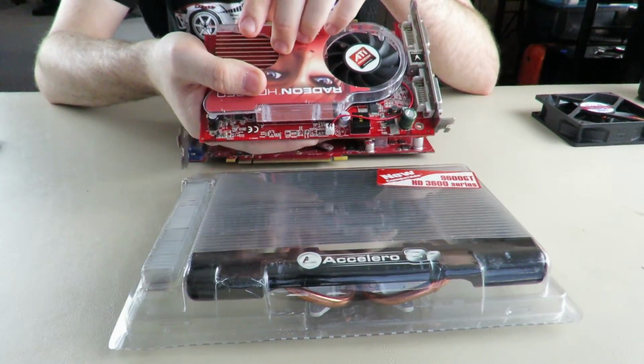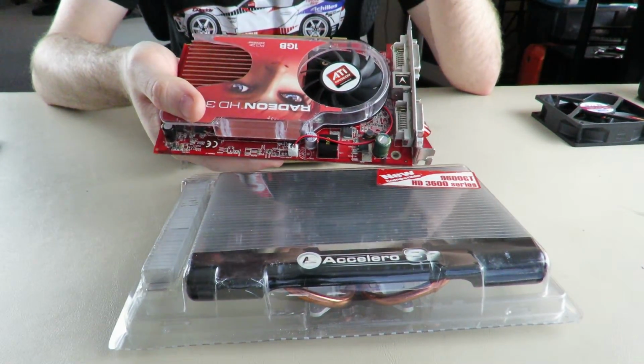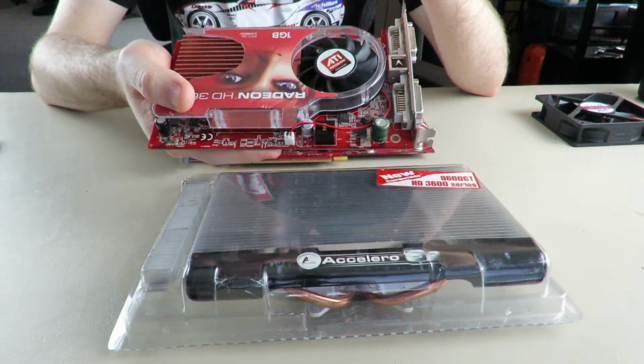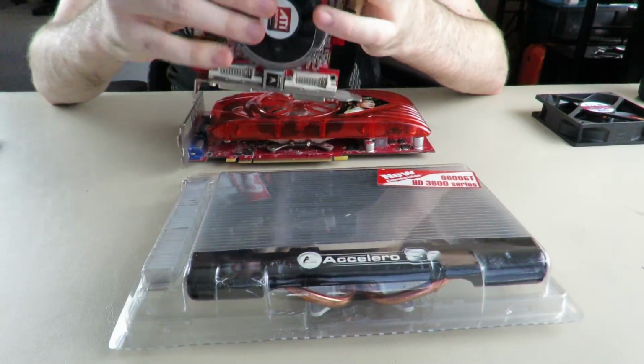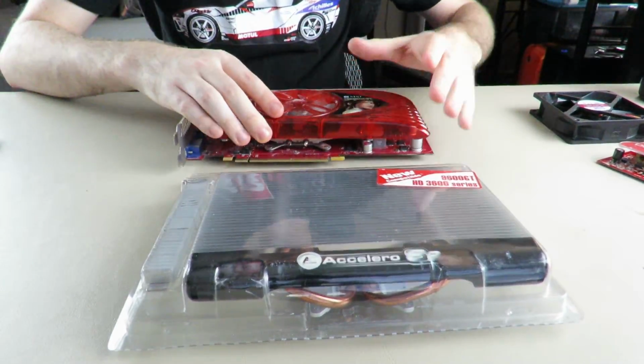This one was done on Unigine Heaven. Apologies, I meant to say Unigine scores. This was done on Unigine Heaven, this card. And this card was done on Unigine Valley because this is the...